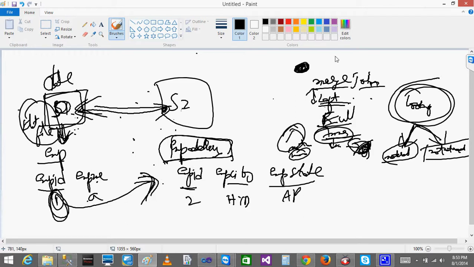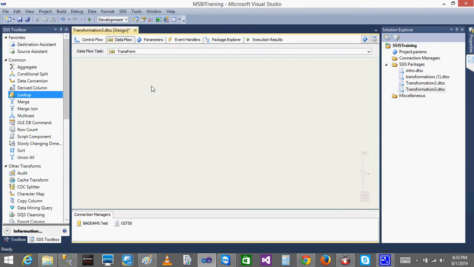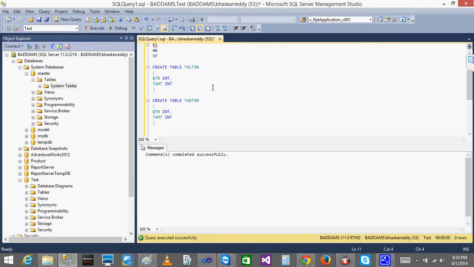Okay. So now we'll go step by step. First, sorry, I'll create a table. I'll create 2 tables. I'll create table and name it LKP EMP. I'll give EID as integer, and I'll give ename as varchar of 10.